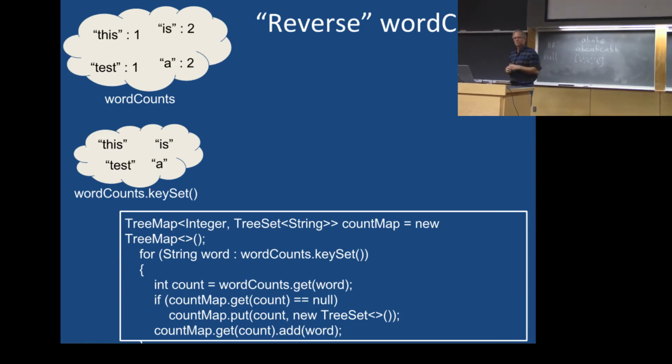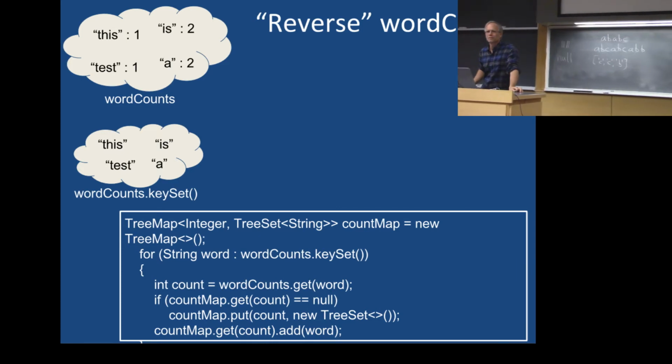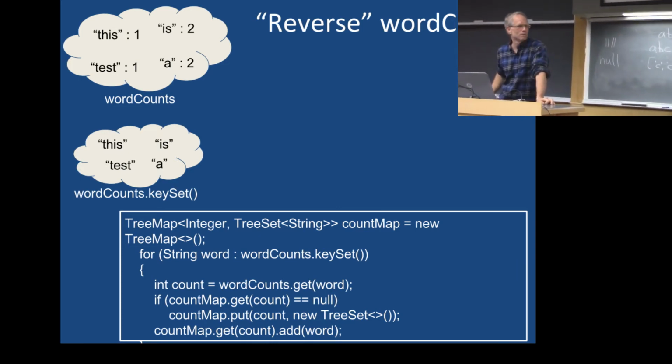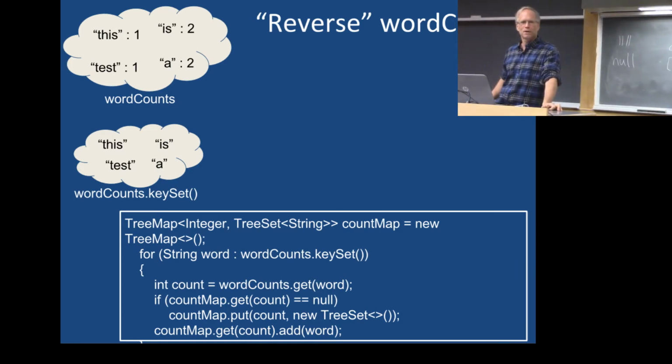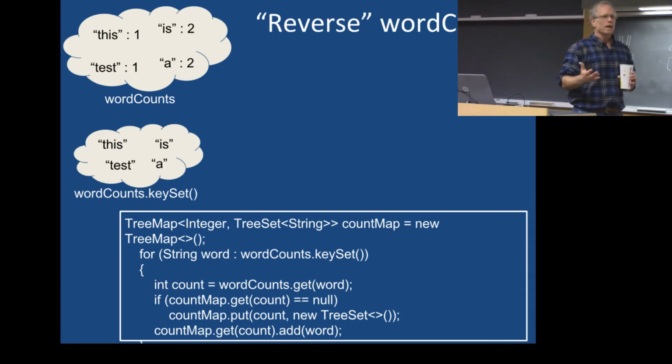Why do this? Why reverse the map? Seems like a big pain. You end up with a complicated data structure, mapping integers to sets. Yeah? It makes it a bit easier to look for certain information, like how many times a specific word occurs. Right,